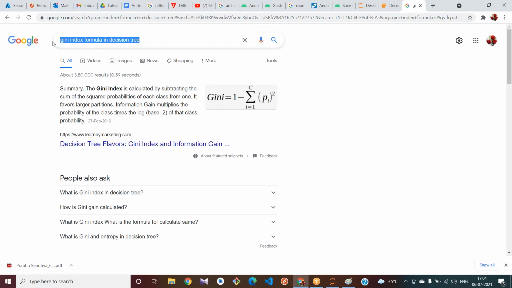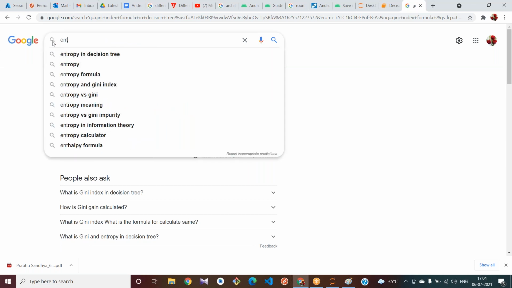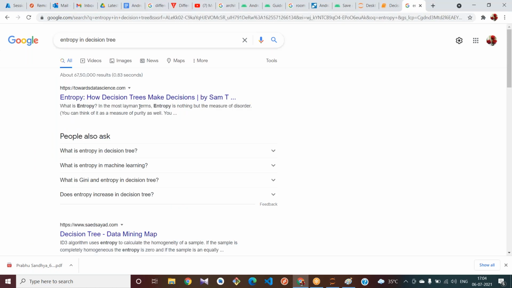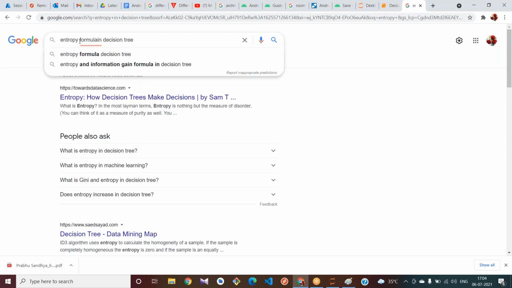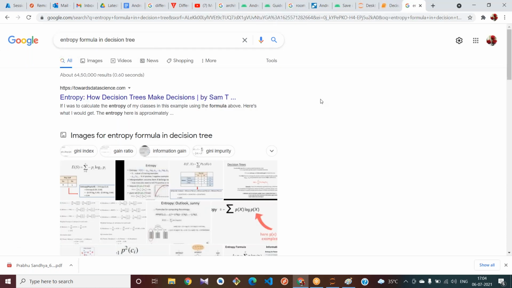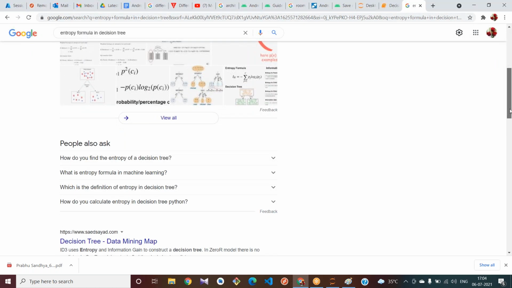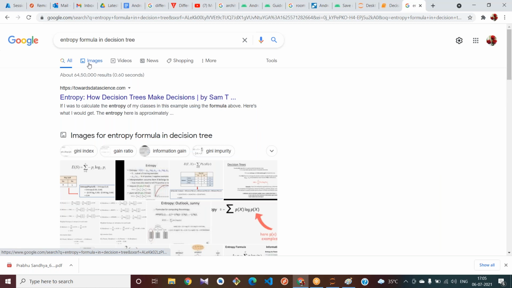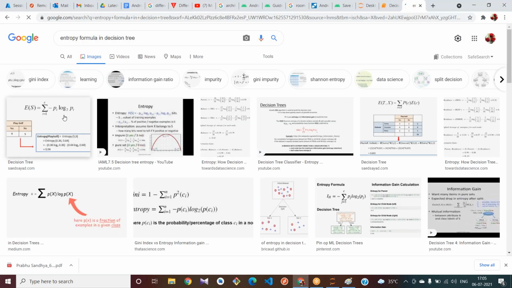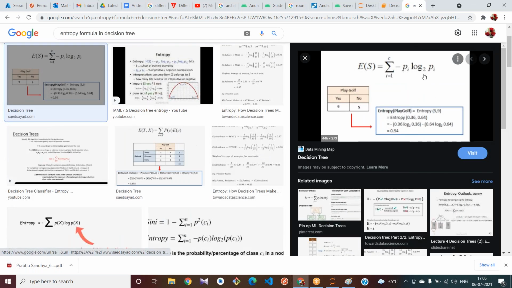What is the entropy formula? Let me also tell you the entropy in a decision tree. There is one formula with p times log, a logarithmic formula. Here is the entropy formula, which uses the logarithm.